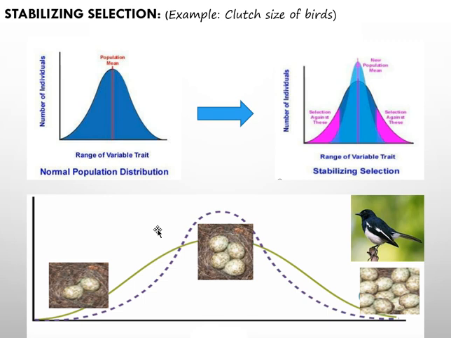Next is the stabilizing selection. In stabilizing selection, individuals with an average form of a trait have the highest fitness. For instance, in case of magpie robin, a clutch of 4 eggs is the best, which is actually an intermediate trait. Why? Because if they lay too few eggs, none of the eggs might survive,